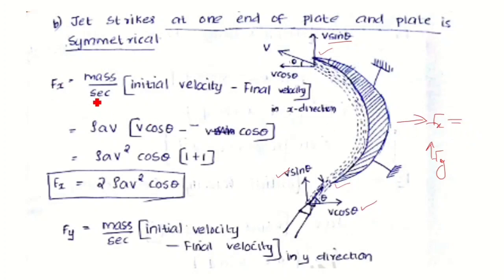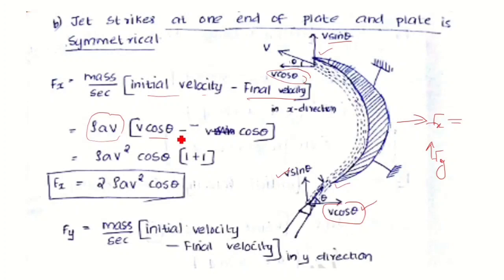The initial velocity with which the jet strikes the plate is v cos theta, and the final velocity with which the jet leaves the plate is v cos theta itself. So the mass per second is rho a v, into the initial velocity v cos theta